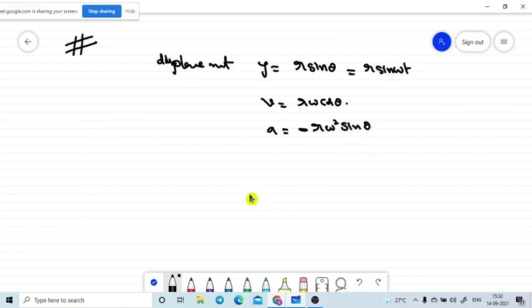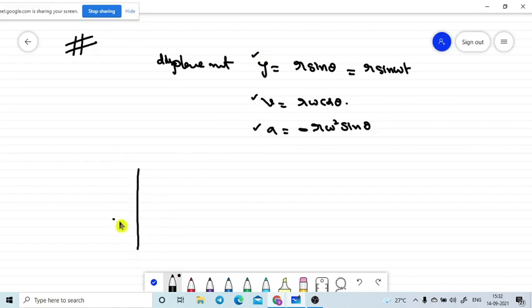So today our goal is that some more parameters are there, and we need to discuss those parameters. After that, we are going to take some of the relations. What are the relations? We need to know the graphical representation of these displacement, velocity and acceleration. So the next parameter is in the kinematics.